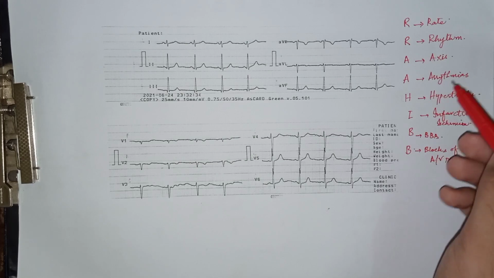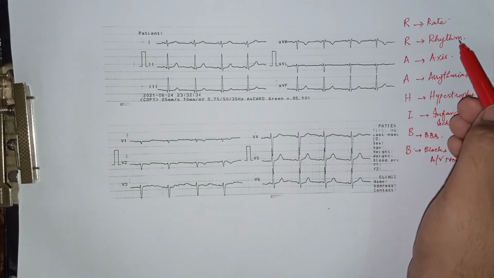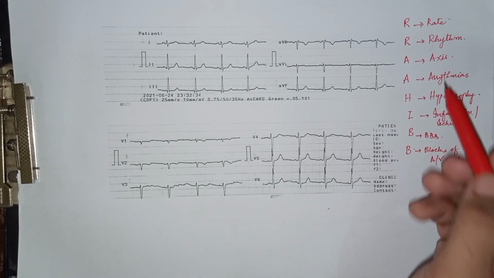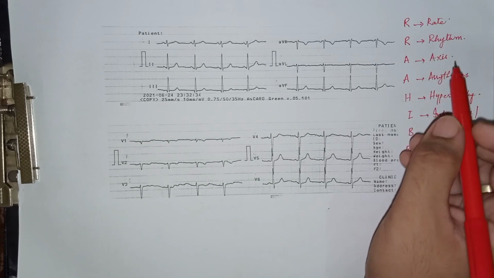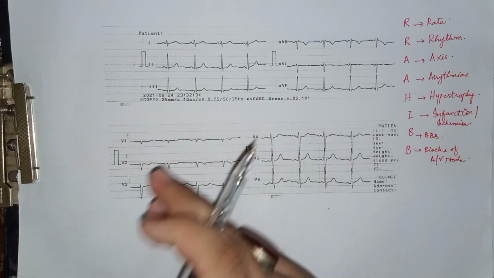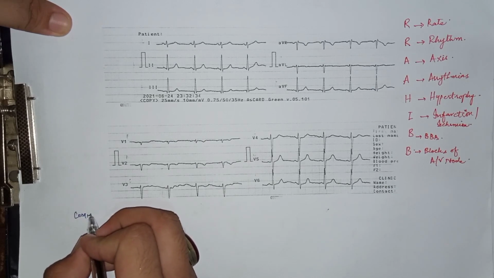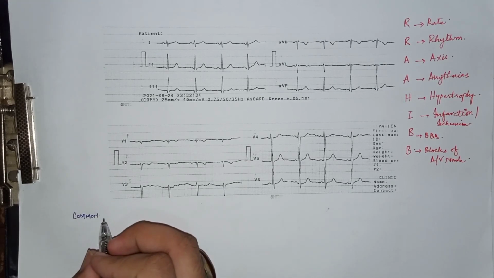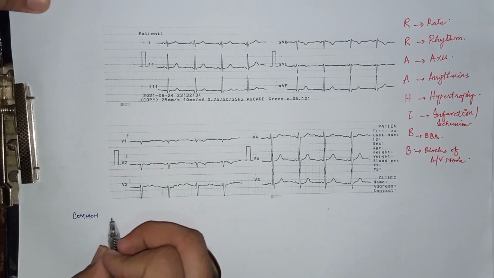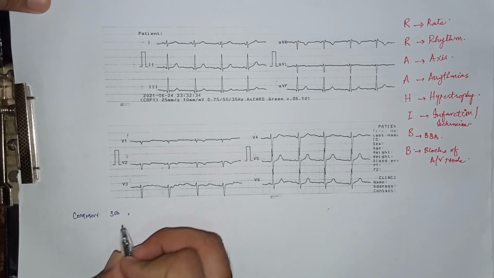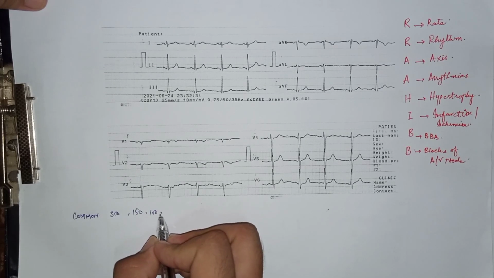In this video we will discuss the first two steps, that is the calculation of rate and rhythm in the ECG. So let's start with the rate. There are basically 3 to 4 methods of rate calculation in the ECG. The first method is very common. It is a rote learning, that is 300, 150, 100,